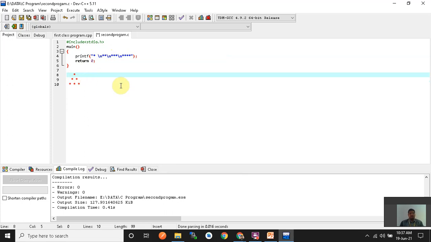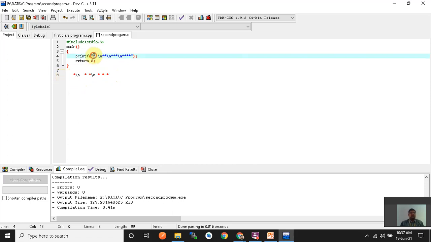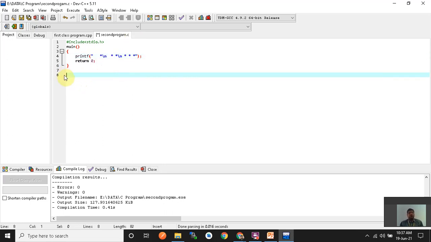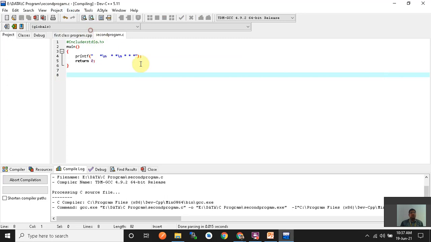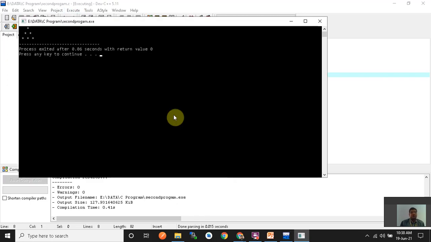You remove the enter, just slash n, delete. After that slash n, delete. Now your string is ready. Copy all, with the space, and paste it here. Now you remove this because it shows an error. Okay, now this figure is created in printf.